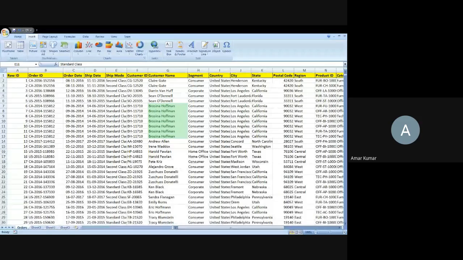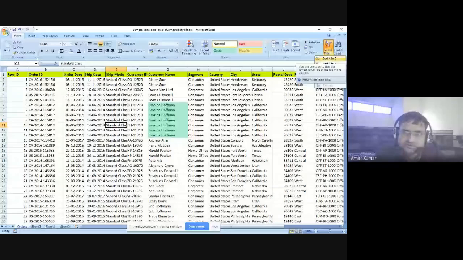So here is sort and filter in your Excel. You can just click on sort and filter, and you will get the sorting options. If you want to sort from A to Z, or sort from Z to A. If you click on sort from A to Z, it means the names starting with A will come first and